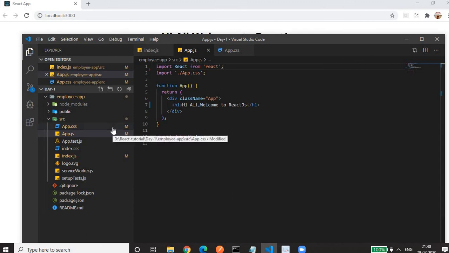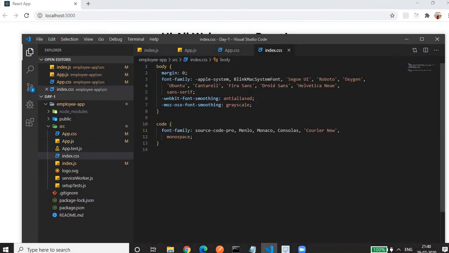We'll see the other file also, the index.css file. Whatever CSS we write here is applicable to our application. It's a global CSS. Here we write some code related to initializing our body, like margin 0. We are setting the font families.